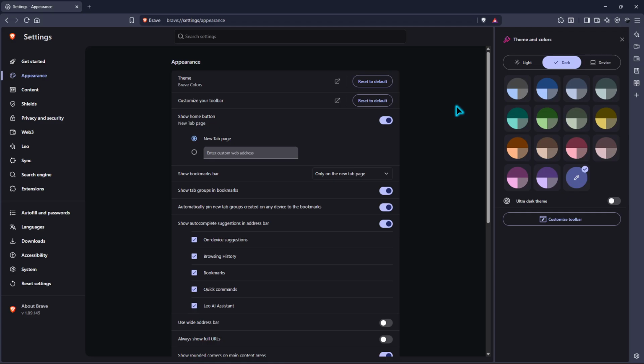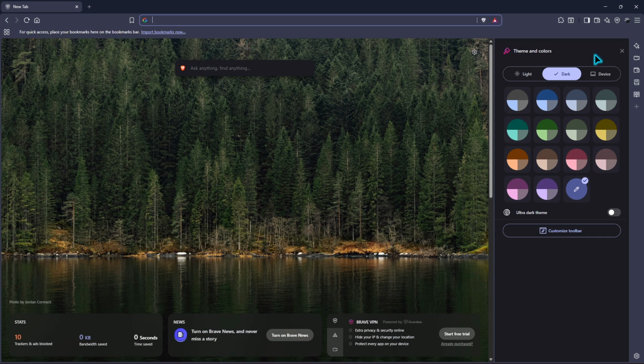Take a quick look around your browser to confirm the change. Open a new tab, glance at the toolbar, and hover over menus. Everything should now reflect the darker style. Websites with their own dark modes may follow your preference automatically, while others will keep their original design, which is normal. That's it. You've opened Brave, used the menu in the upper right to reach Settings, gone into Appearance, clicked